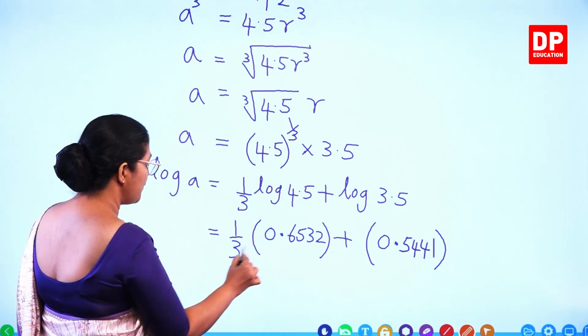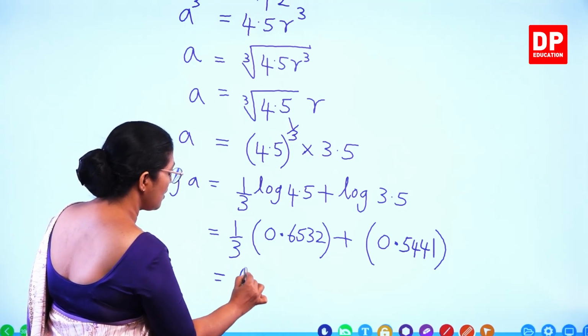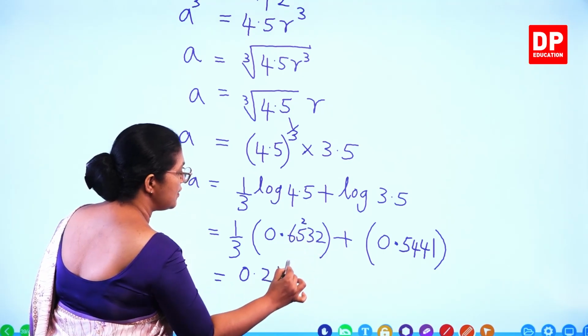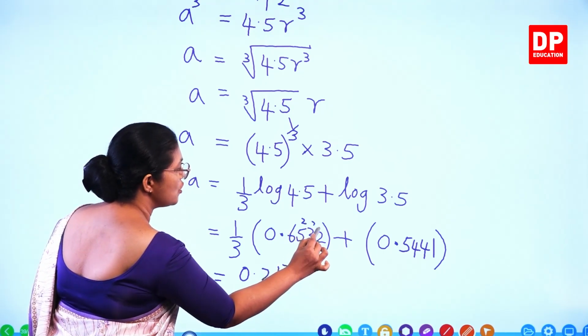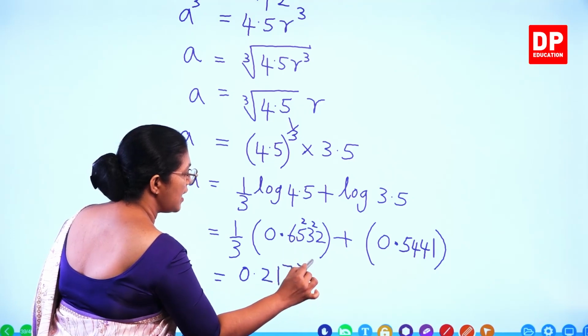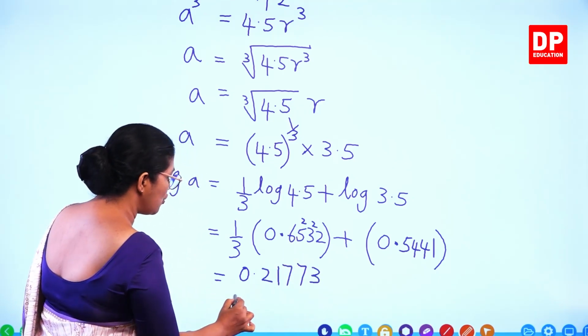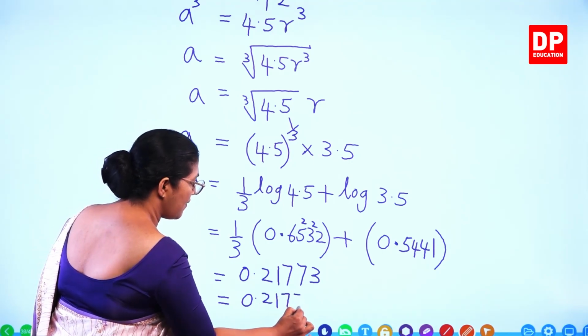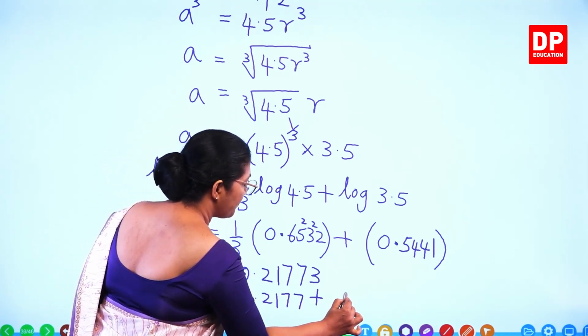First divide this by 3. 3 times 2, 3 times 1, 3. For 23, that's 7. For 22, that's 7. For 10, that's 3. So you can round it to 4 decimal places, 0.2177 plus